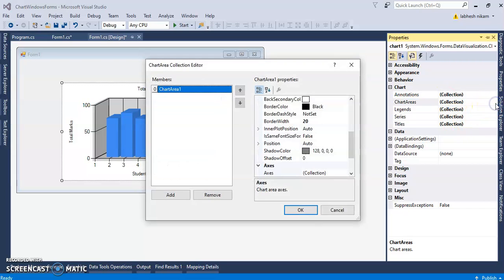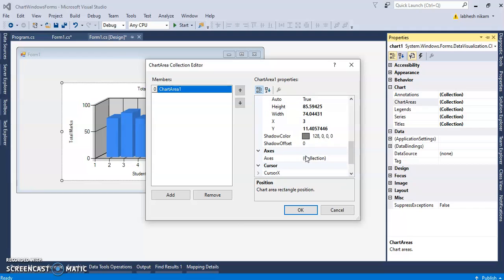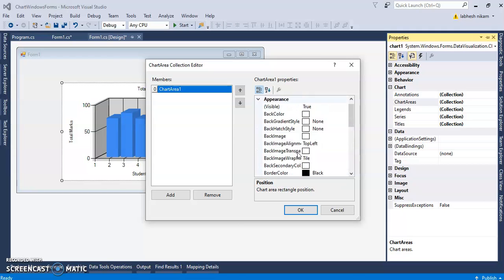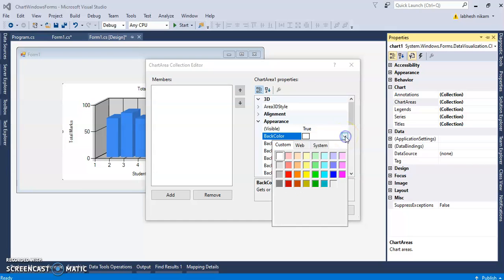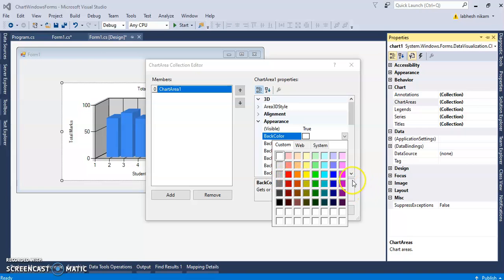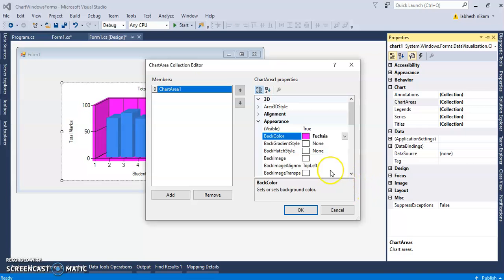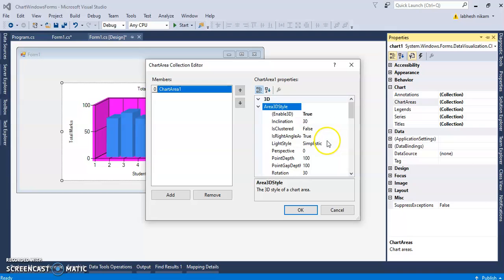Okay, let's select the properties, go to the series, check the chart area. There is position also. Back color you can set here. So if you want to set this to pink, then it will be pink. Alignment, area 3D style,